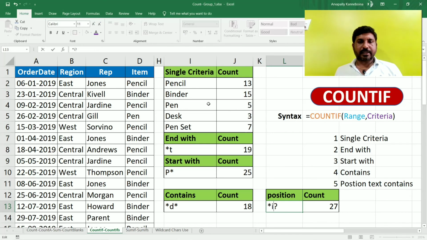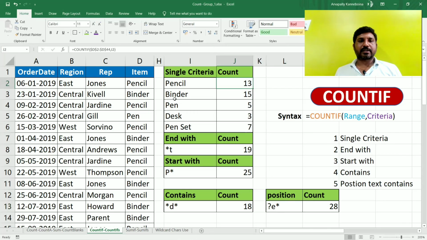The second letter. So 13. It is matching. Starting to second letter means give the question mark at the start and give the star mark at the end. So this is the first letter, whatever it is, not considered. The second letter should be I. So if you change it to E, it will be 28.